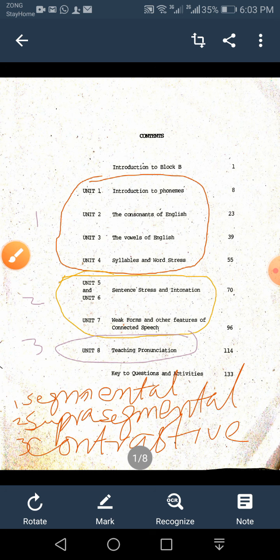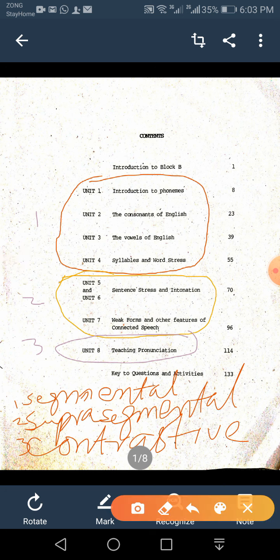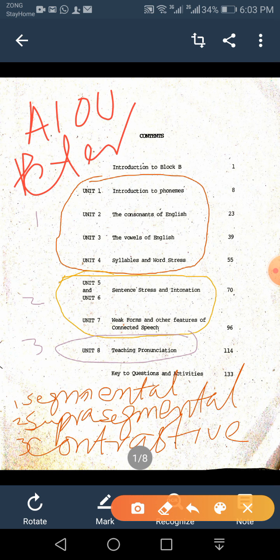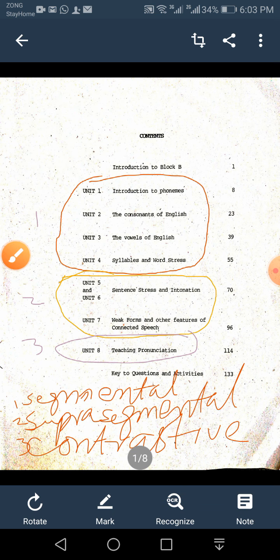So there's a long list of books, but I have provided BS students two books in hard form. One is the AIOU, Allama Iqbal Open University, Islamabad, book on phonology, and the second one is Peter Roach's book on phonology. So in front of you is the book from Allama Iqbal Open University, Islamabad. So this book, as you can see here, it has got